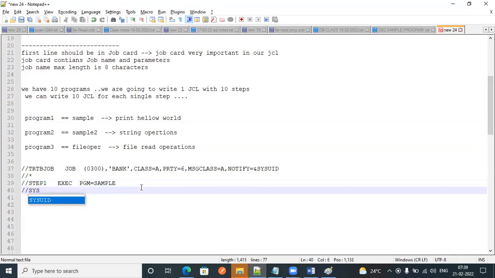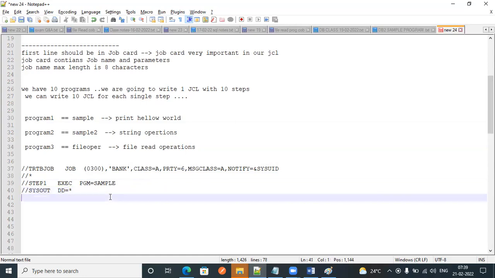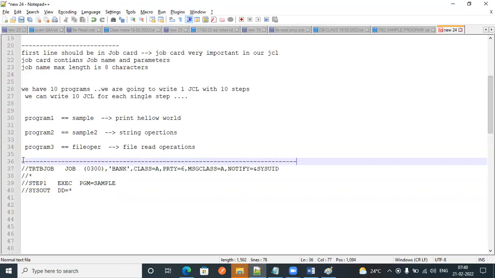Then I'll give SYSOUT DD equal to star here. Okay, this is how we need to build our JCL for the first program.